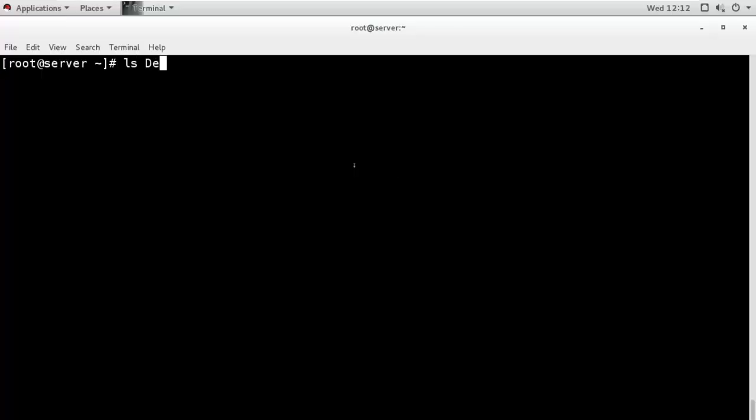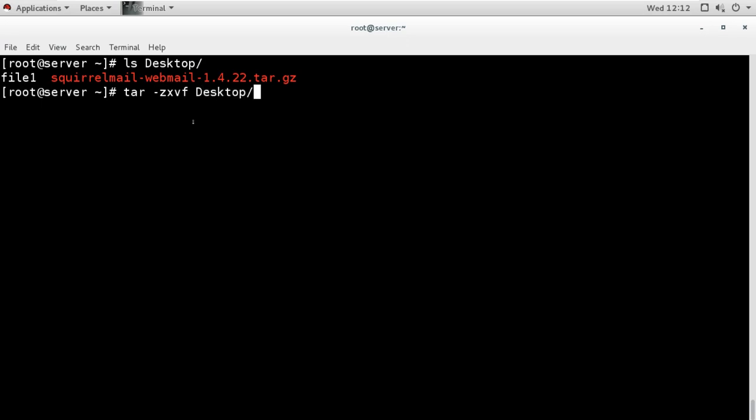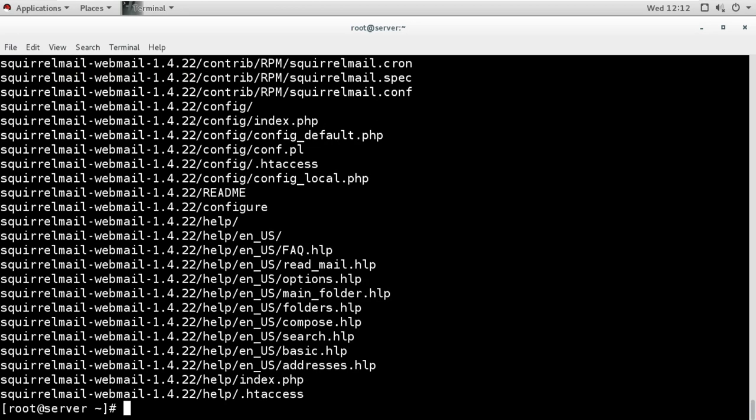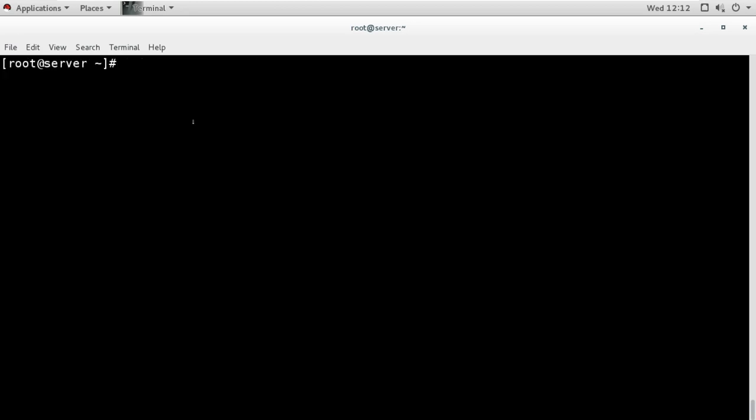The package which I downloaded is this. It is a tar and zip. So first I will extract this with tar -zxvf on the desktop, and this is the Squirrel Mail package. Now it is extracted. It is very small, if you see, and in this I will check.